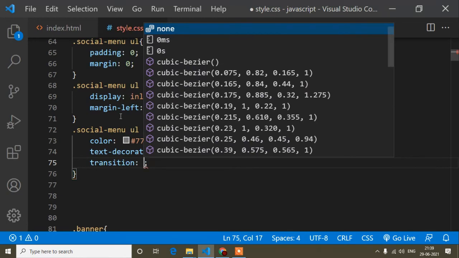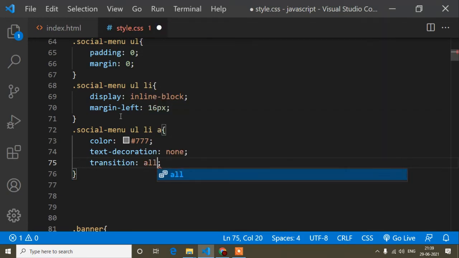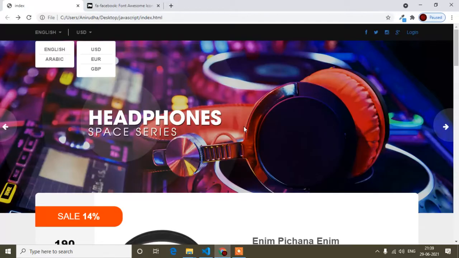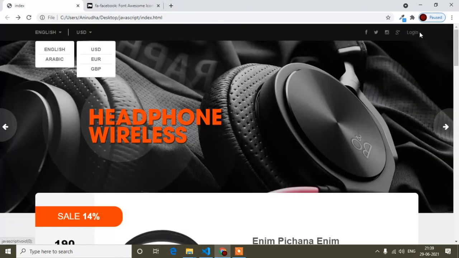So transition is all 0.3s ease. Text decoration none means, when we write anything inside this anchor tag and I hover, you can see an underline comes by default. So for removing this underline we write text decoration none. Okay, so if I refresh, you will find the design is now changed.